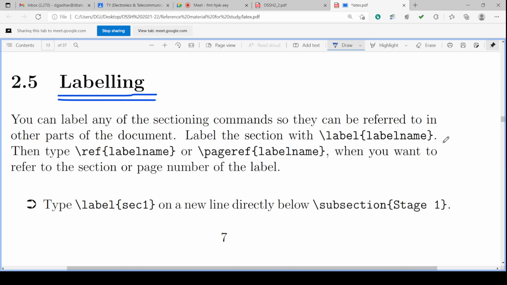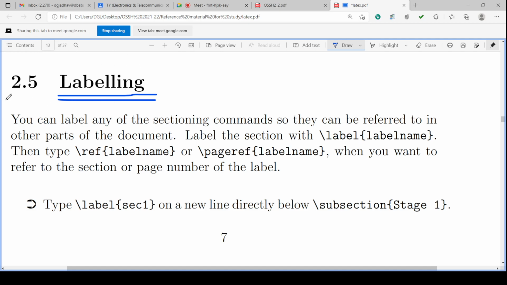Just in the previous lecture we have seen we click on some link, and today we are also going to see this in hypertext documents, and you might have seen in a lot of online HTML documents that if you click somewhere it will take you to some other location. Okay, so these are called hypertext links, isn't it? So we can label accordingly. So this is called labeling in the document. You can label any sectioning command.